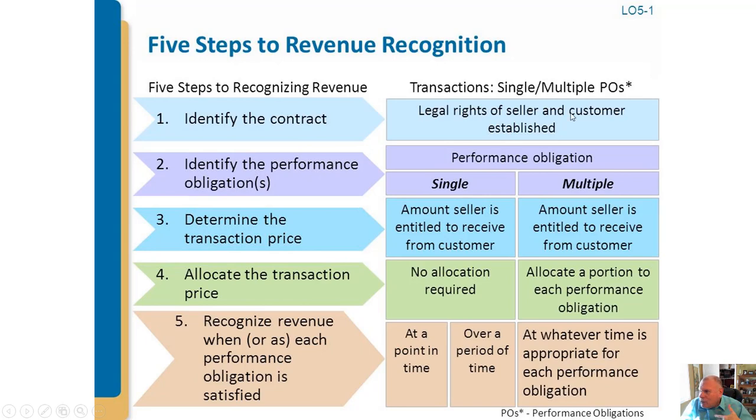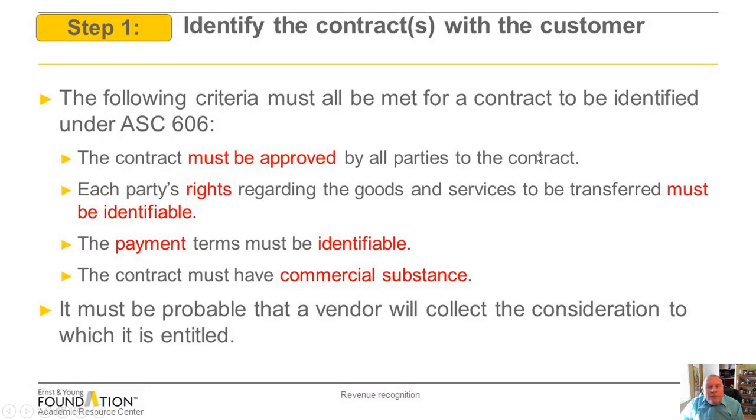Now, let's keep digging a little bit deeper. I think this is really, if there's one thing here, you should have a knowledge of these 5 steps, but being able to apply them like this becomes a key thing. First thing is to identify the contract with the customer. And what I've done is I found a number of pieces to sort of put it together so we're not dealing with tons of stuff, but just enough to get by and understand what we need to.